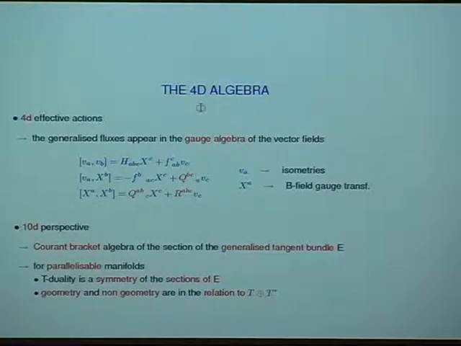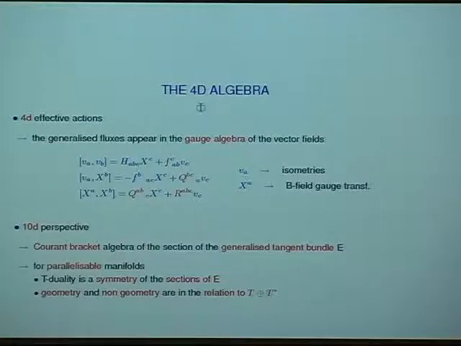In particular, we can see that the algebra of the gauge vectors, here V are the isometries and X's are the B field gauge transformations, is equivalent to the Courant bracket. This is a Lie bracket. So the Courant bracket computed on the sections of a bundle associated to the manifold, which is a generalized tangent bundle. And for parallelizable manifolds,